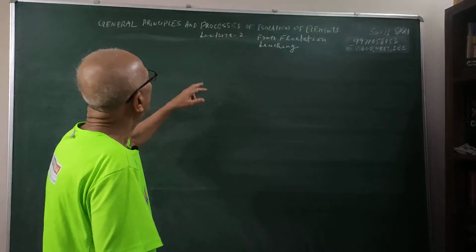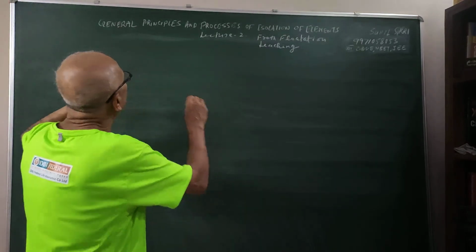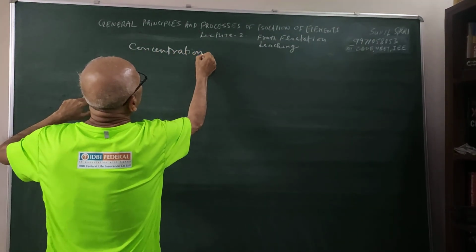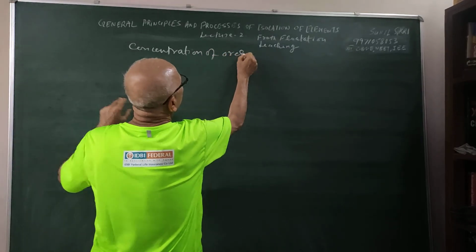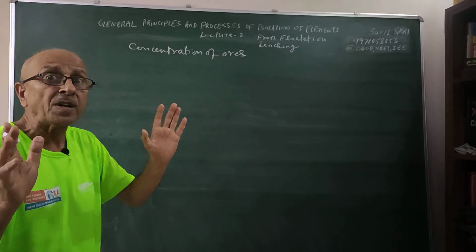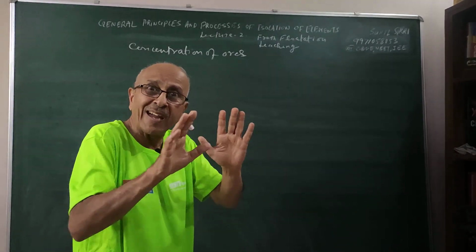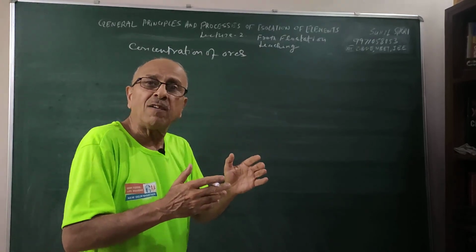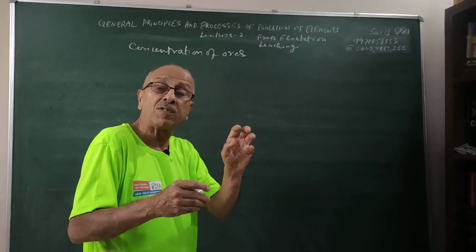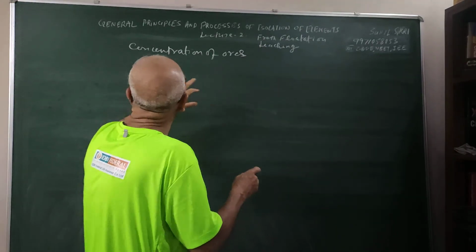Hello students, today I am going to talk about two things in this. These are the methods for the concentration of the ores. In lecture 1 I have told you what are the various ores, and we were talking about the concentration of the ores, removal of impurities, removal of gangue from the ores. And we have described the hydraulic washing, hydraulic means pressure washing, then we have given you the magnetic separation. Now in this method I am talking of froth flotation process.